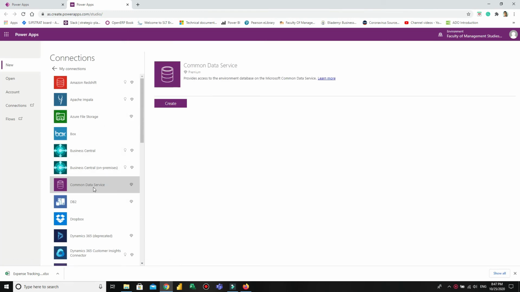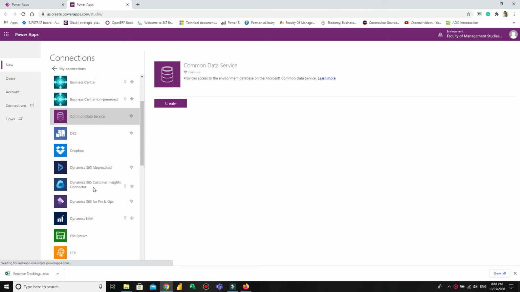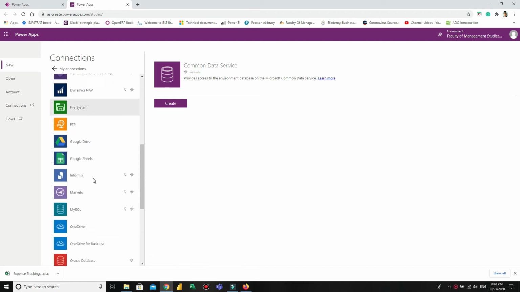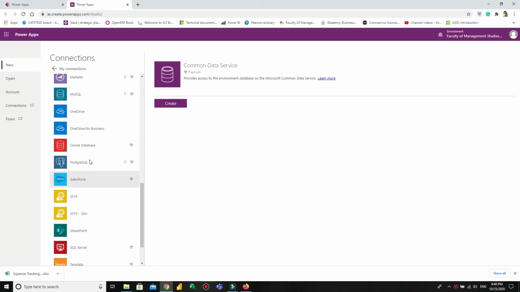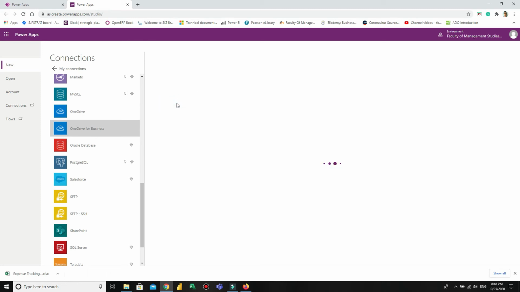Then you can choose the connection type. Choose OneDrive for Business as a connection type. After selecting it, you can see OneDrive for Business appearing on your right hand side and click Create.